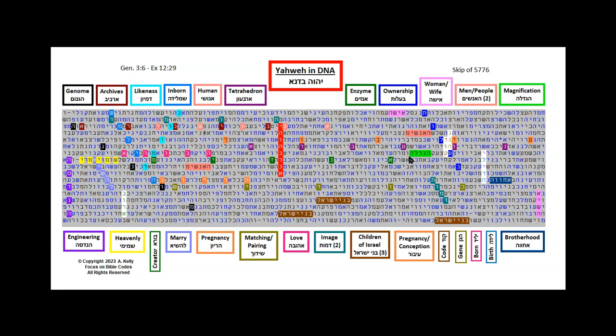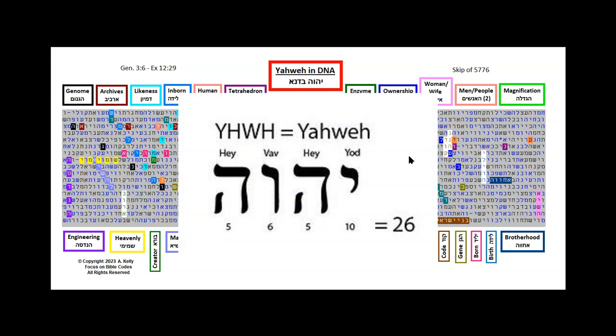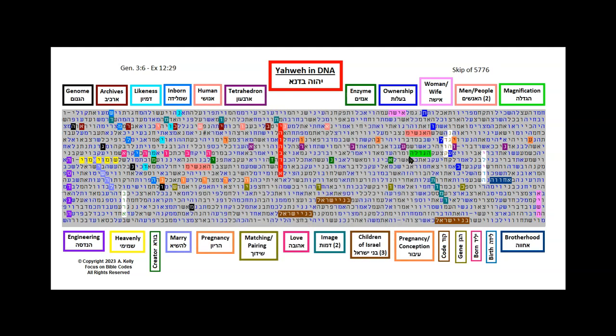What is the meaning of the numbers 10, 5, 6, 5? They are the numerical digits for the Hebrew letters of Yahuwah, the name for God in the Hebrew Bible, Yod, He, Vav, He. In the first chapter of Genesis, we are told that Yahuwah, the Creator, created man in his